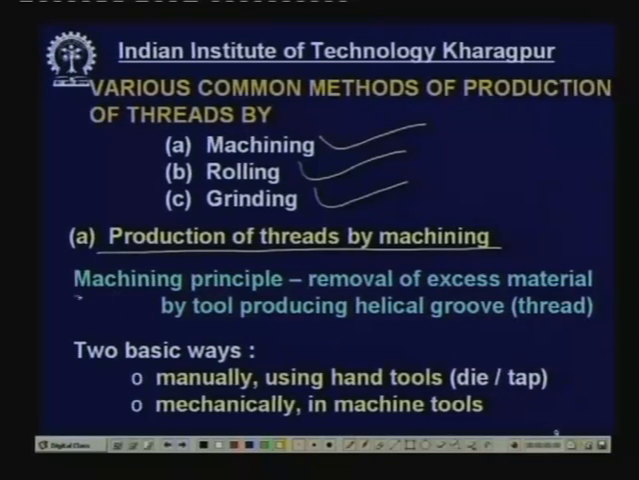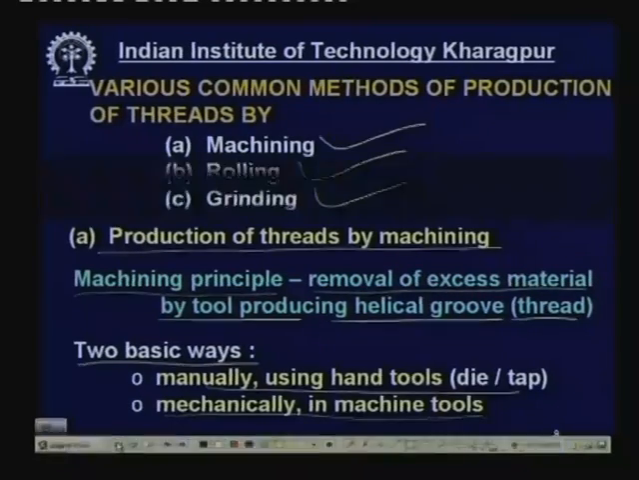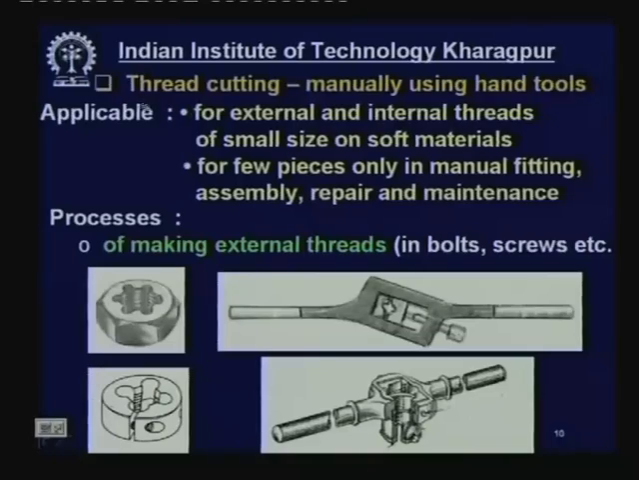Now, again, what is the machining principle? Removal of excess material by a tool producing helical grooves or threads. So, it is a gradual removal process. There are two basic ways: either do it manually and slowly using hand tools like taps and dies, or you can do it in machines mechanically like machine tools. That will be much faster and accurate. Now, the thread cutting